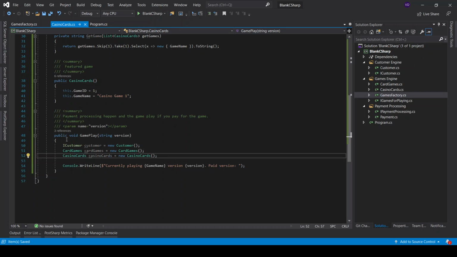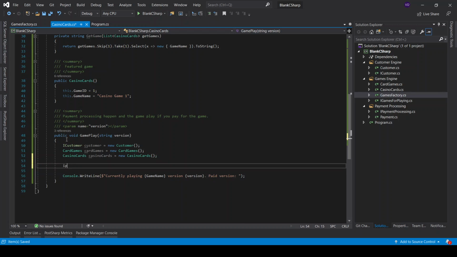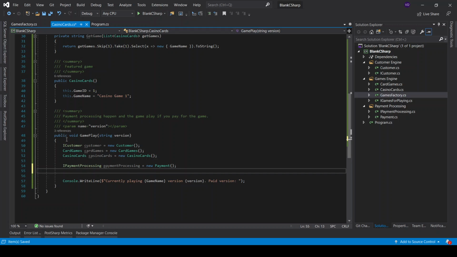And then I will call now the payment processing module, payment processing, which equals new payments, set payment, exactly. And then I will do var check if paid, which equals, now keep this in mind, payment